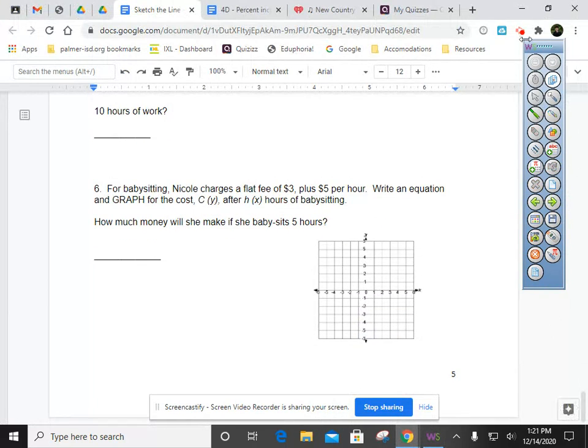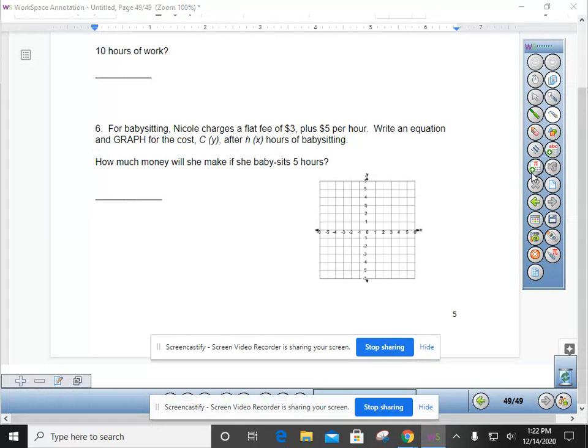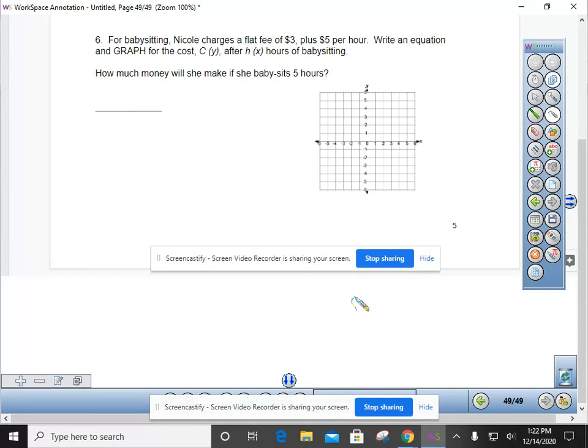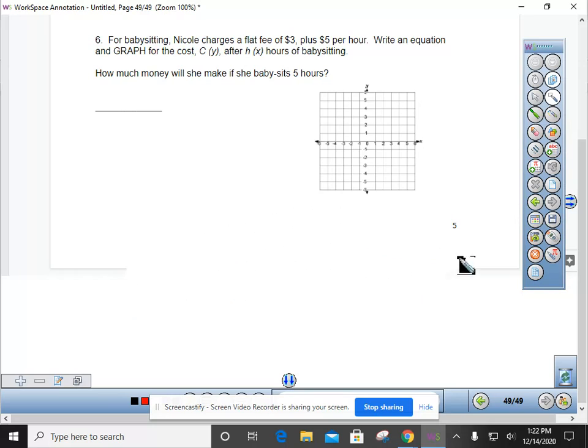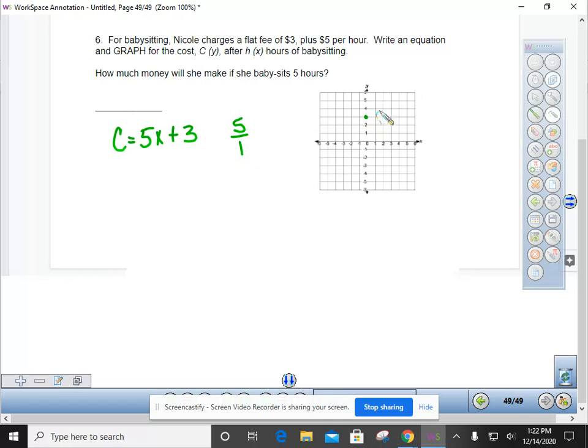And number 6. For babysitting, Nicole charges a flat fee of $3 plus $5 per hour. Write an equation and graph the cost C, which is the Y, after H, which is the X hours of babysitting. So first it's going to be C equals 5x plus 3. So what's the Y-intercept? 3. There you go. And the slope is 5 over 1, but since we can't go up 5, what are